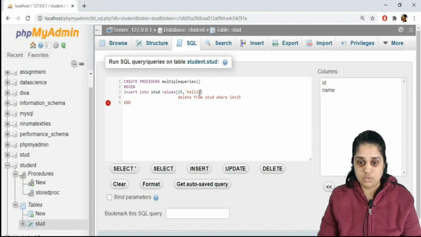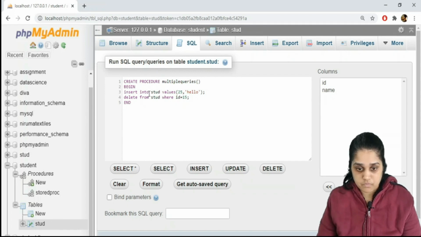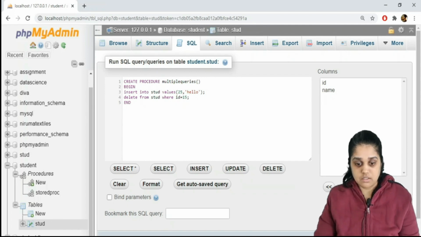We will insert here and we will delete here. It's 15. Okay, and delimiters we will change.